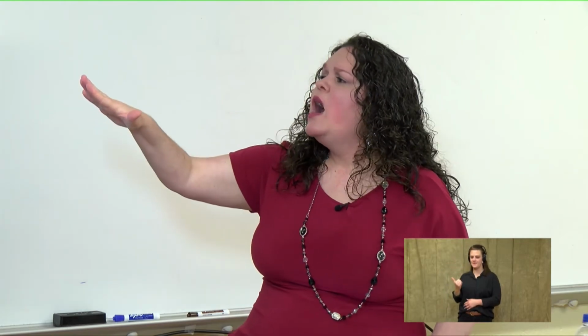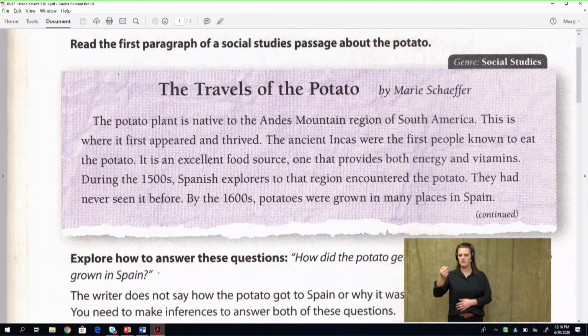okay. I think I'm finally with it now. The travels of the potato. The author is wanting to give us personification, which is a figurative language. If you think about the word personification, it has the root word person. So it wants to give the potato a person's characteristic. Oh, so maybe how the potato traveled. Now we know that the potato didn't go on a traveling excursion like we do when we're driving in the car, but